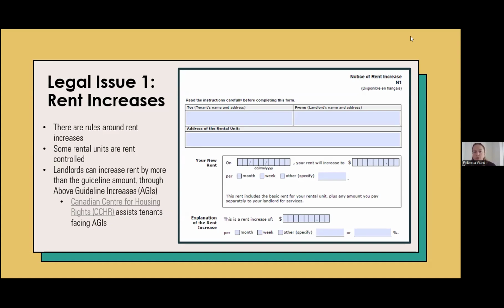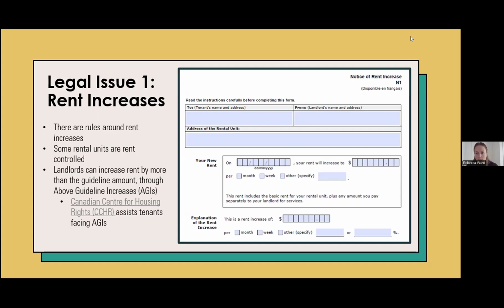But one good question: somebody asked, in all cases, do tenants have to pay the AGIs from the past, or are there ways to reduce this? The unfortunate thing is there's not ways to reduce it once the Landlord and Tenant Board has issued the order, or it's incredibly difficult to reduce it once the order has already been issued. And by the order, I mean once the board has given the landlord permission to charge it,